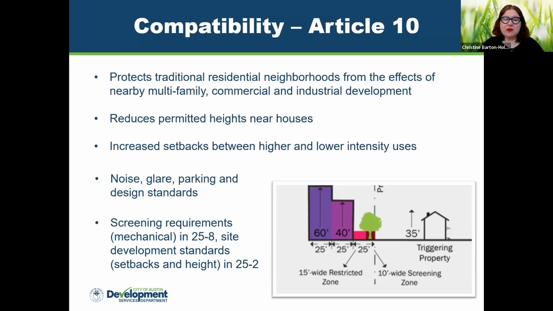So we revised it. It does allow for greater height and allows for some things to be in the restricted zone, like parking. That was also based on what we used to see for compatibility waivers. It allows sites that are much smaller to still be able to provide compatibility and functional parking and that sort of thing without needing waivers.